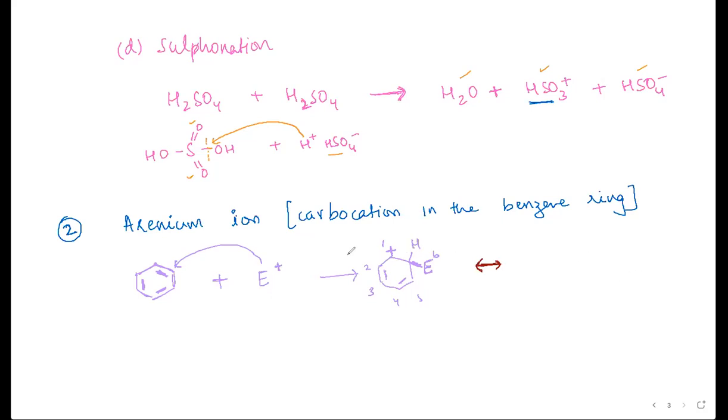So how does this resonance work? Again, this positive charge is electron deficient. So this carbon is going to want electrons. So it's going to pull these pi electrons towards itself. So the next structure in the resonance that you're going to get is you have hydrogen, you have the electrophile. Carbon number 4 and 5 are not minding anything, but the double bond shifts over here, and because electrons are taken away from carbon 3, that gets the positive charge.